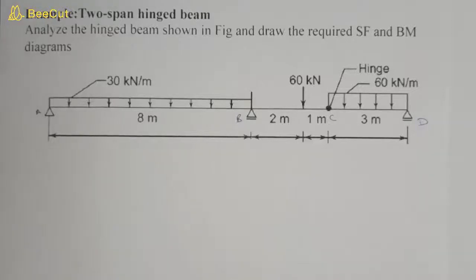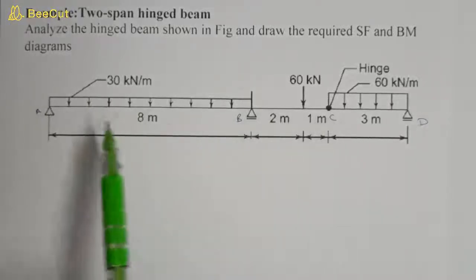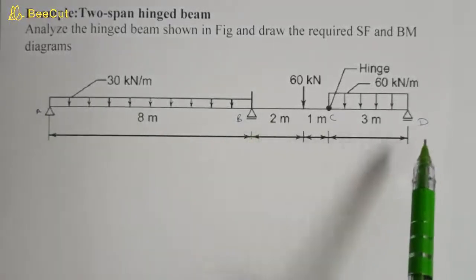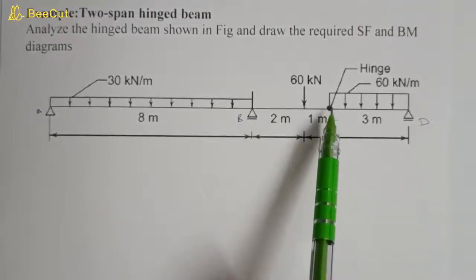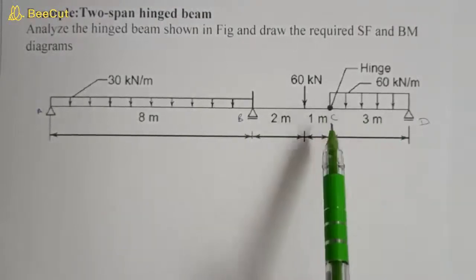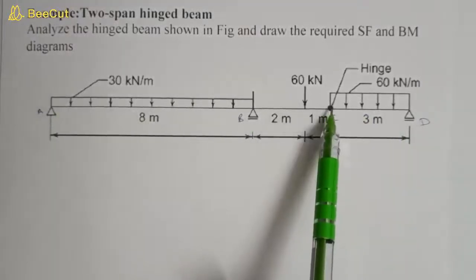Hello friends, in today's video we will try to draw the shear force diagram and bending moment diagram for this beam. This is beam ABCD, in which there is a hinge joint. There are two beams, beam CD and beam AD, hinged at point C,